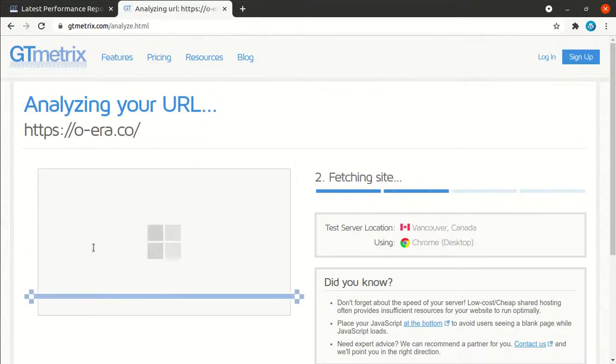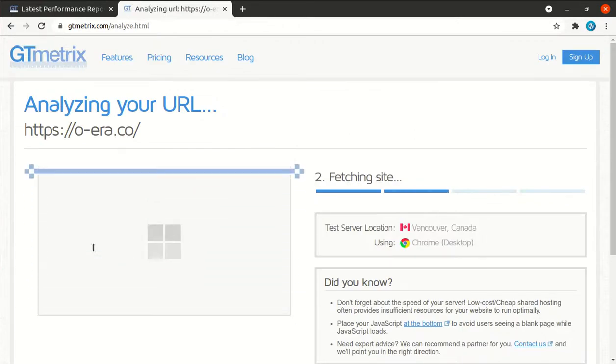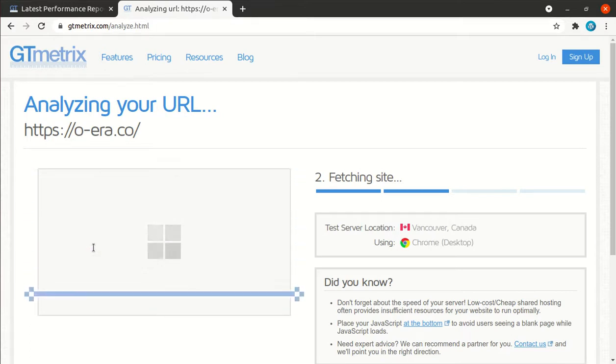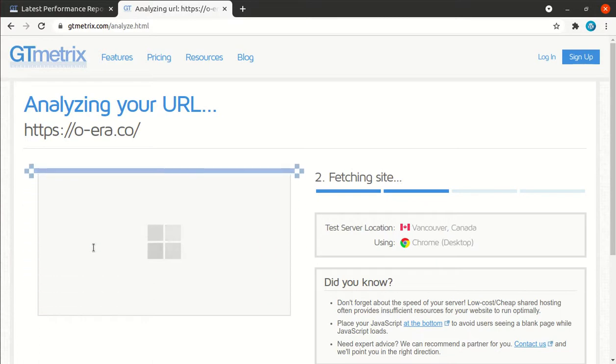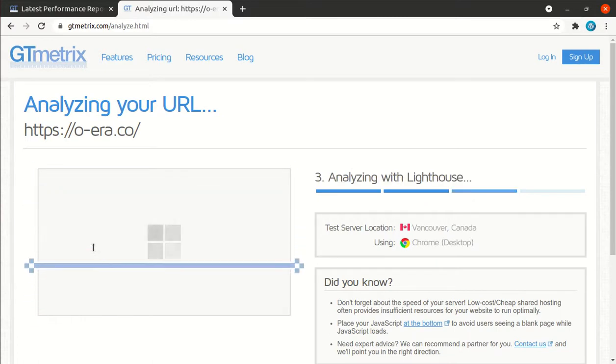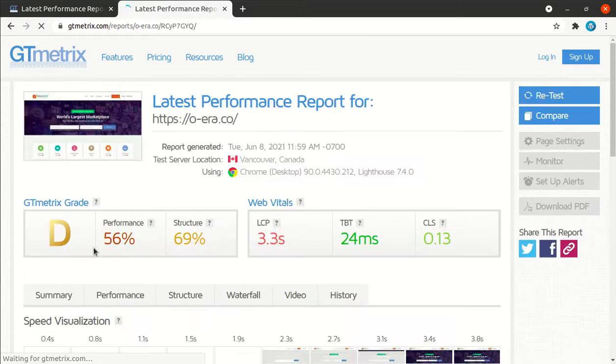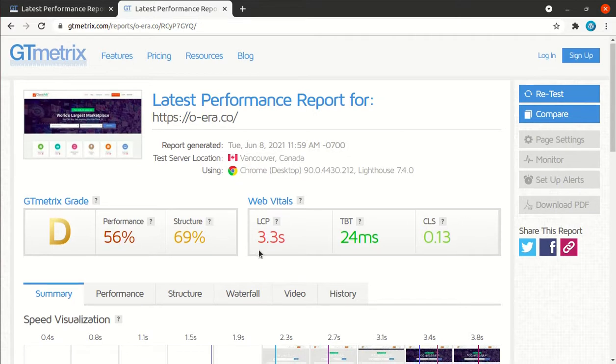Okay, the analysis for this website is going on, and the result will come on screen in just a few seconds. Let us wait for this. Okay, so this website got a D grade and performance is just 56, and you can see the rest of the things.